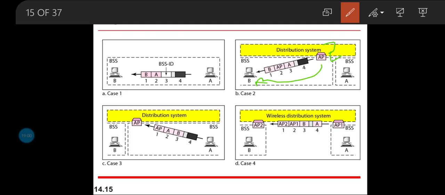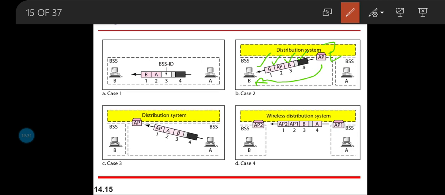To have this kind of transition, we are going to set this as 0 and 1. What will be the first address? As we have already seen in the table, address 1 will be of the destination. Destination is who? It is B. Then the second address will be of the sending AP, the third address will be of the source, and the fourth address is not applicable.